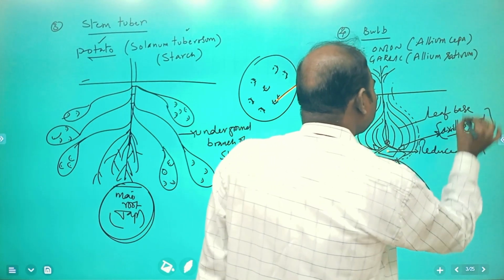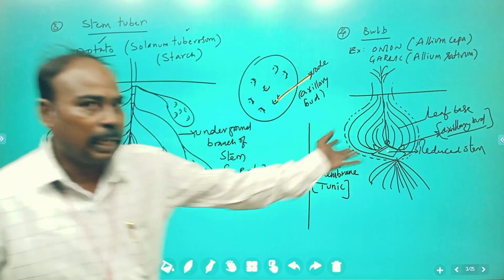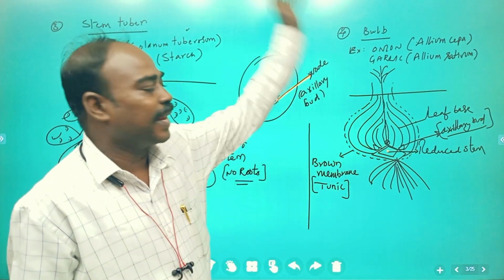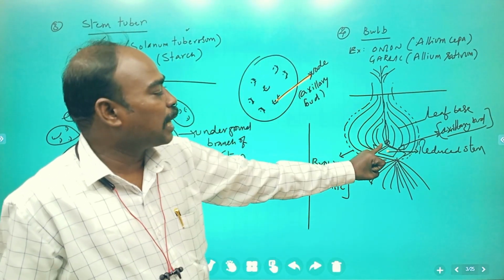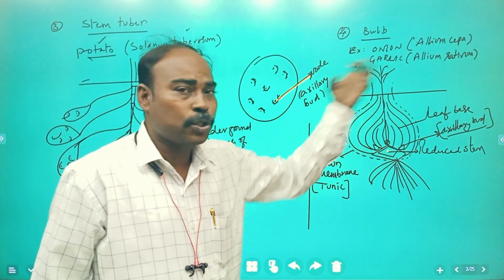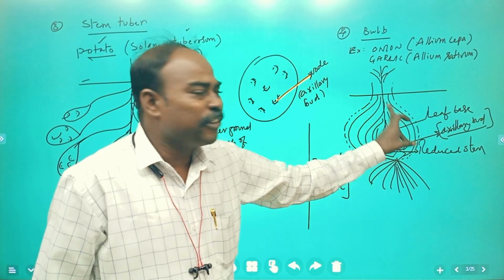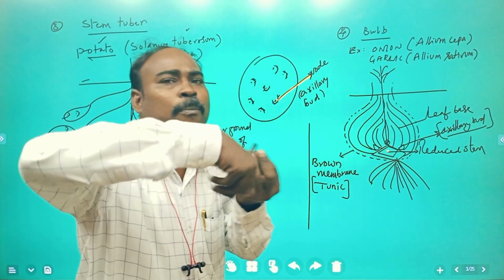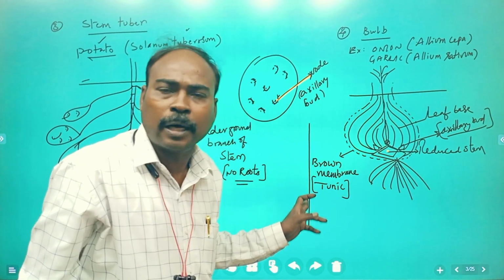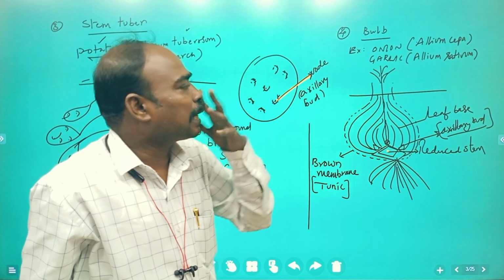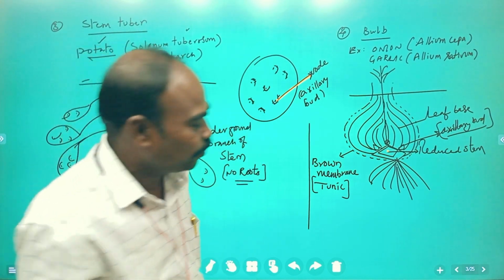So the axillary bud is responsible for the production of daughter bulbs. The apical bud is responsible for the production of the aerial shoot. Both apical and axillary buds are found in the reduced stem. Leaf bases store the food material. All leaf bases are concentrically arranged one by one and covered with a brown-colored membrane called the tunic. It is the character of Allium cepa.